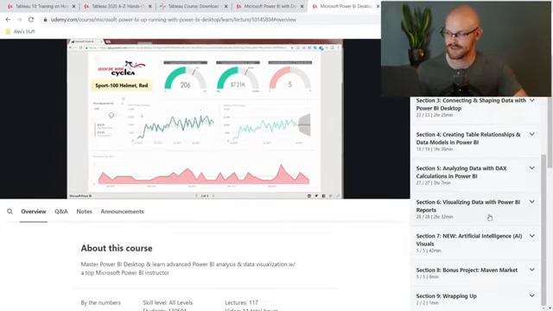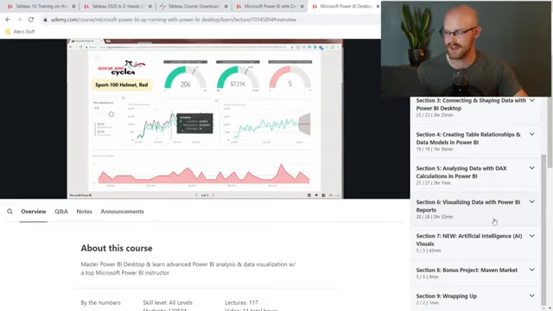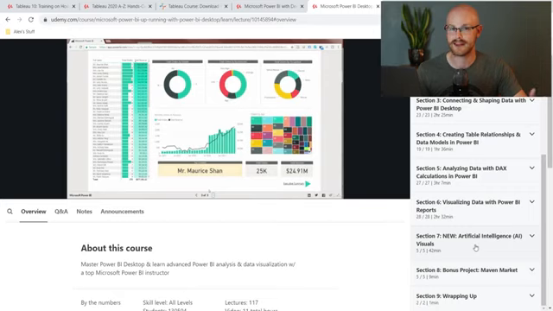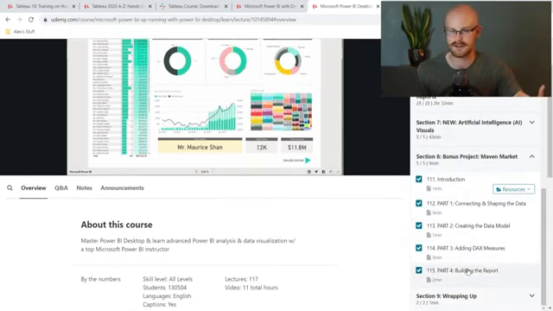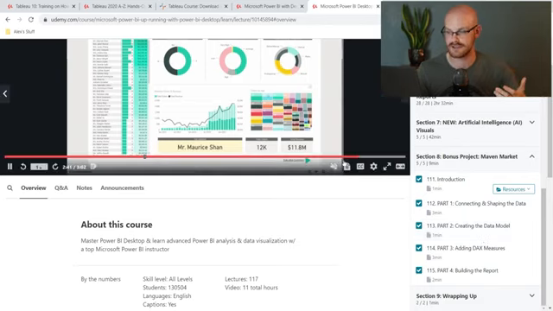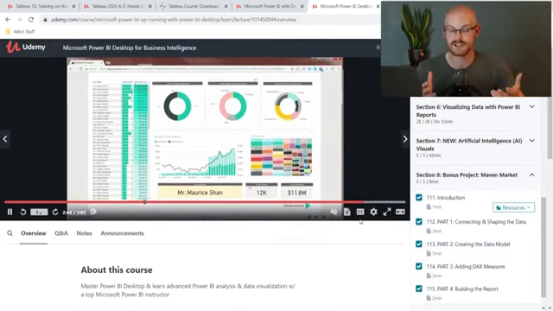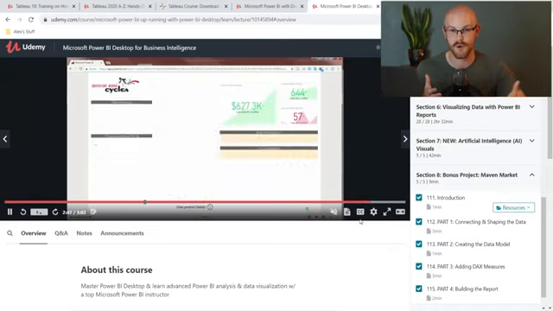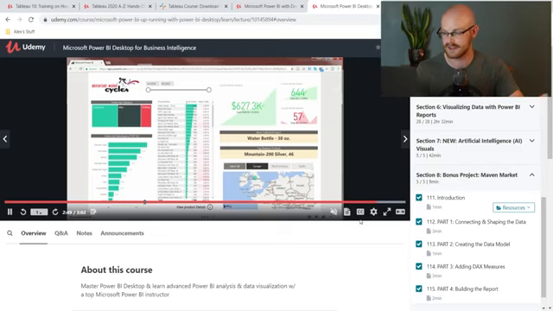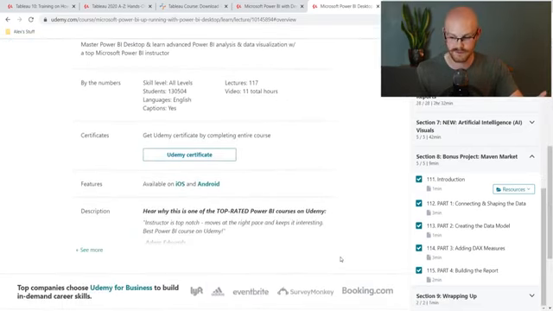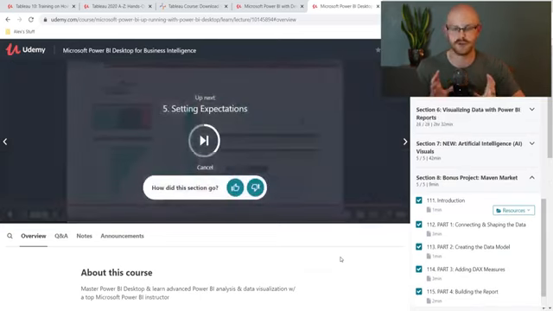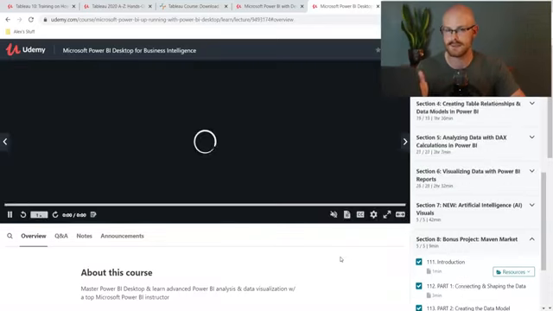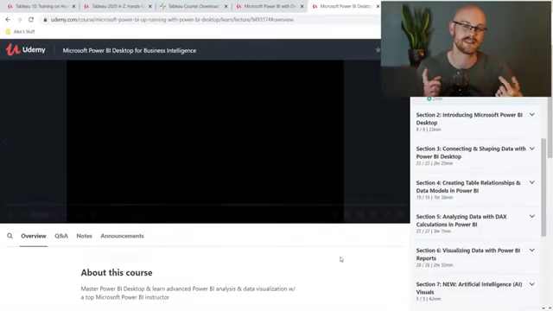Of course, you're going to be looking at how to visualize the data with Power BI reports. They have this new artificial intelligence. I think they added it after I took that because that was not there when I was taking it. And then, of course, they're going to show you how to actually build the visualization, build this dashboard that you can see right up here. I really just think that this is a fantastic, fantastic course. It's done by Maven Analytics. I believe that's who does it. I don't think I can go and verify down here, but the people who do this are really good. Overall, I think that if you were looking for a course to teach you Power BI, this would be the first one that I would go to, especially because you get that project at the end.